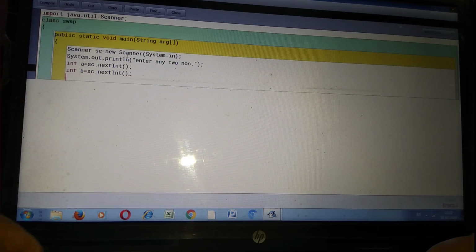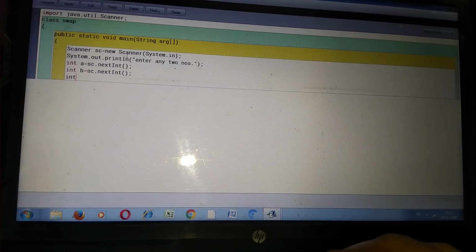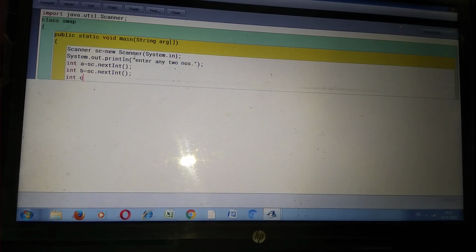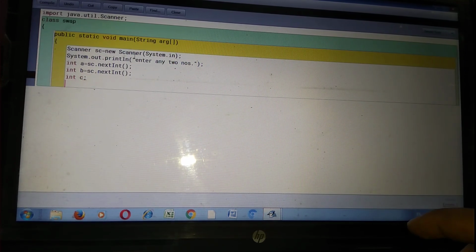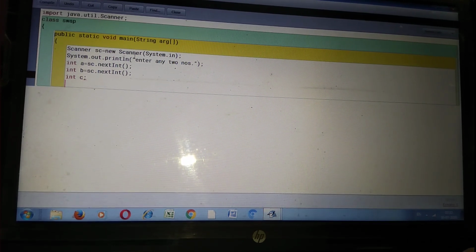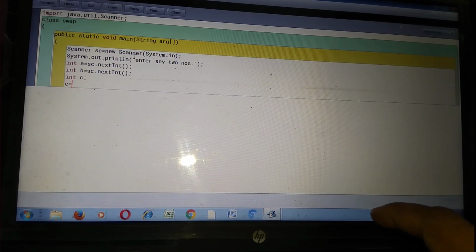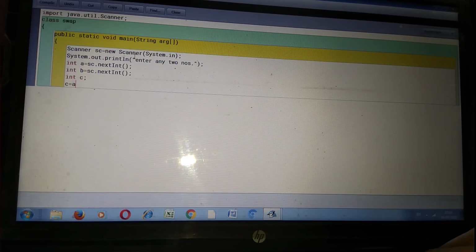Now we want one more variable to store the value for the swapping, int c. Now do the swapping. First of all we write c is equals to a, so the value of a is stored in c.